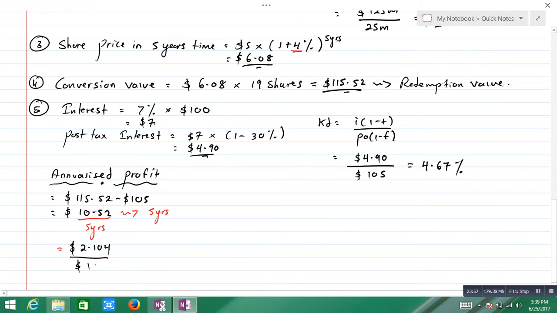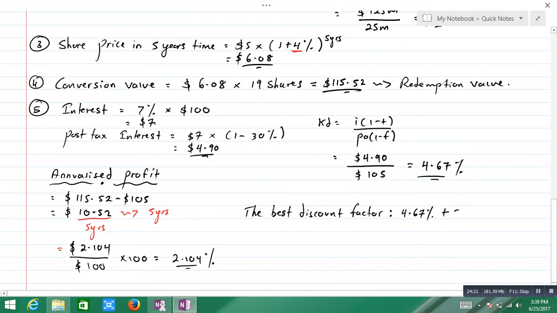So the best discount factor will be 4.67% plus 2.104%. That will give us 6.77%, and we round it up to 7%. So that will be the best discount factor to start our